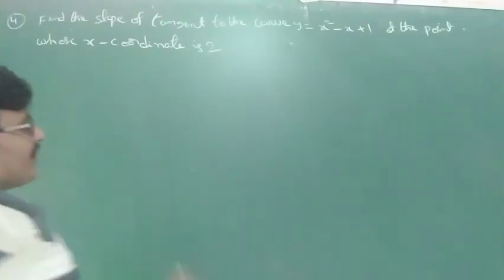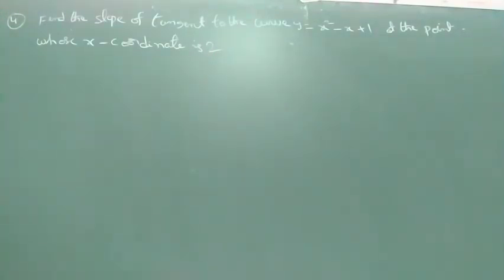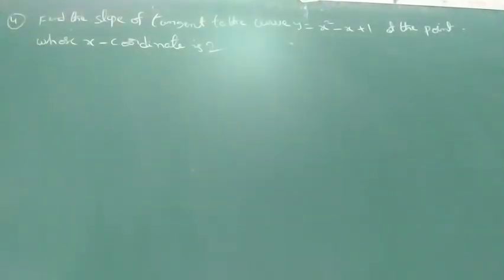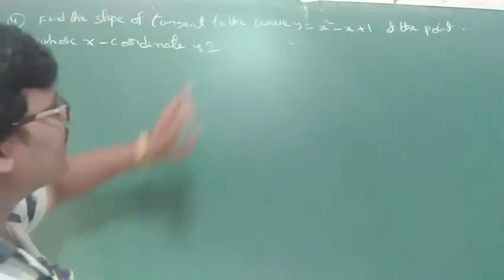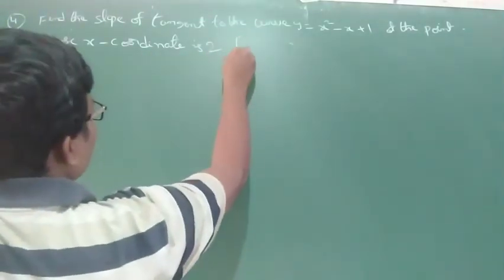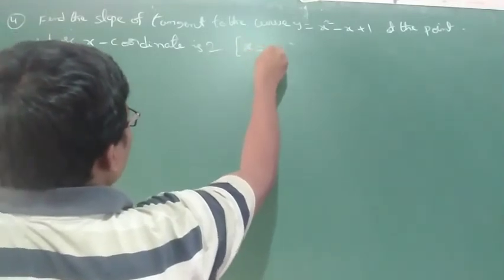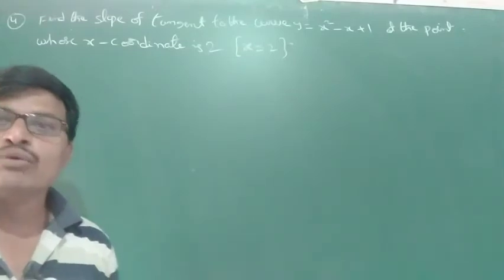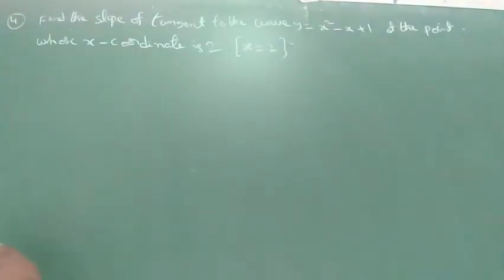This is also the same, but the first, second, third problems directly give x. So this problem has the same curve, but the x coordinate is 2. What does that mean? X is equal to 2. The x coordinate being 2 means x is equal to 2. So, the solution.